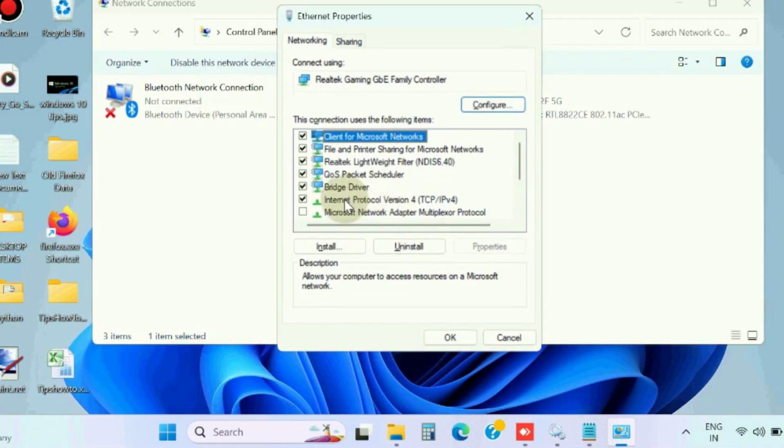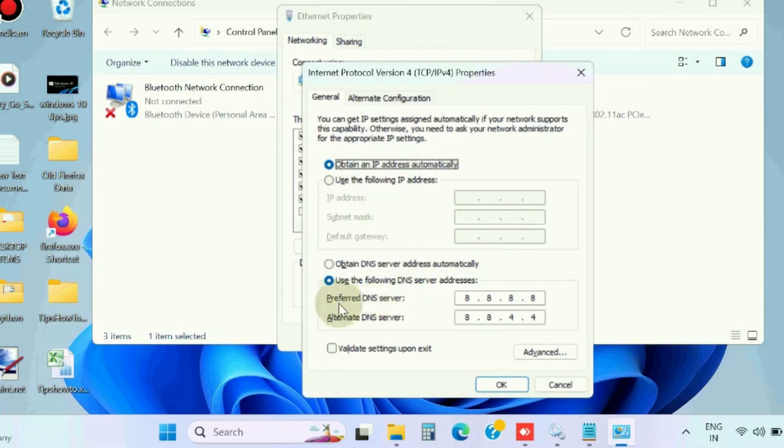Here apply a double click on the option Internet Protocol Version 4 TCP/IPv4. Double click on it to open. Here tick the box for use the following DNS server address and fill the preferred DNS server 8.8.8.8 and also alternate DNS